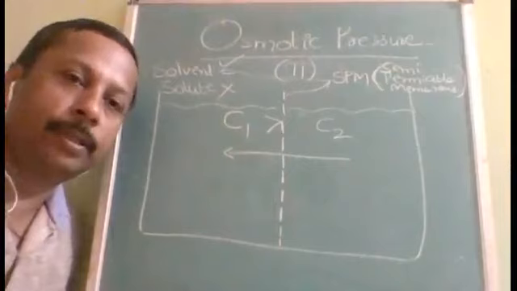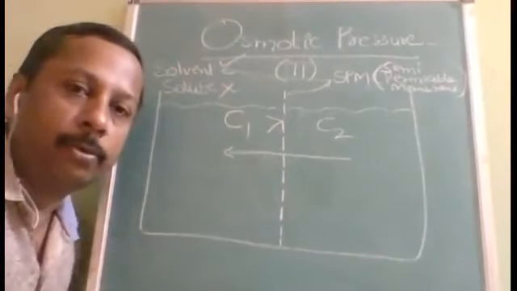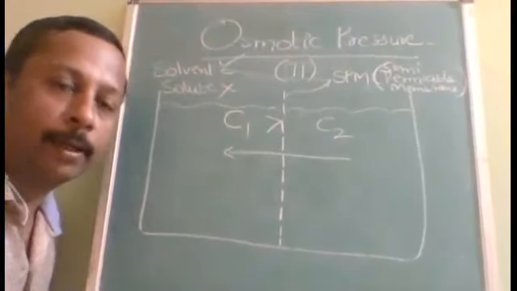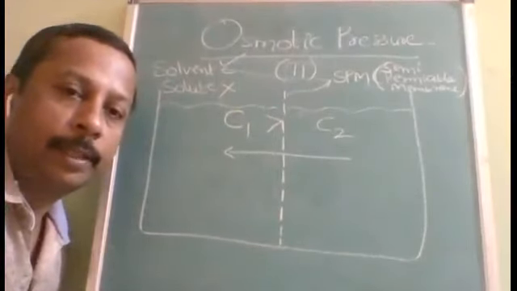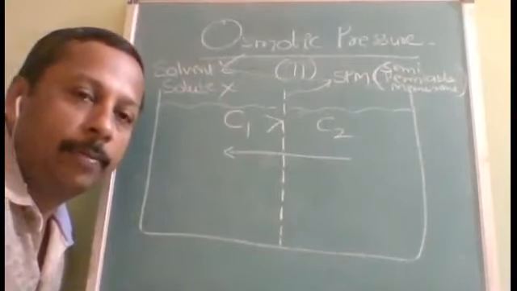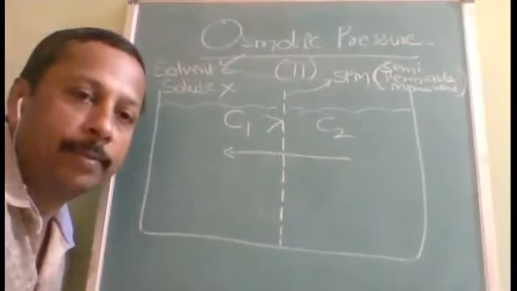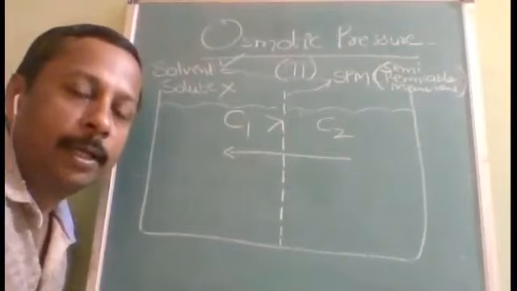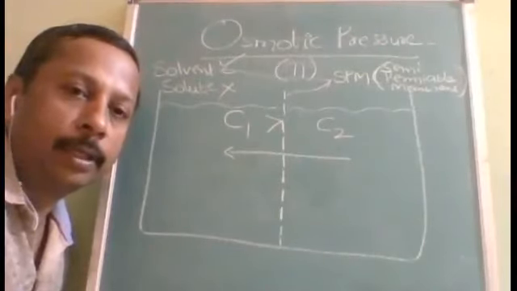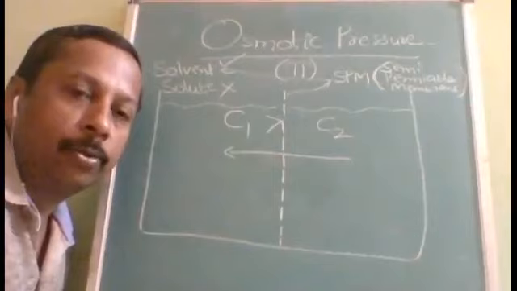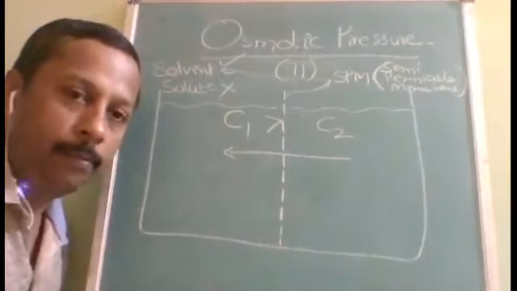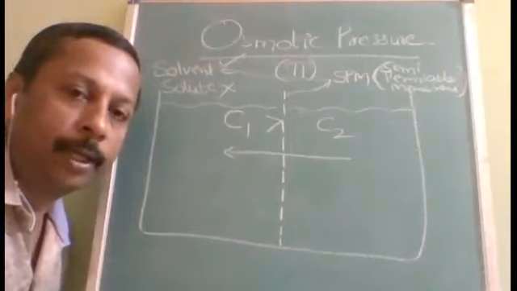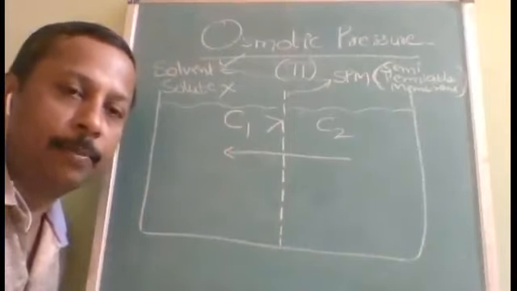That's why I told you this is a conceptually good topic, a mind game topic. Understood? So every point you have to be very careful. C1 greater than C2. So that means higher to lower. Your mind is always made like that only: higher concentration to lower concentration, high temperature to low temperature, high pressure to low pressure, high altitude to low altitude, like that. But here it is opposite.